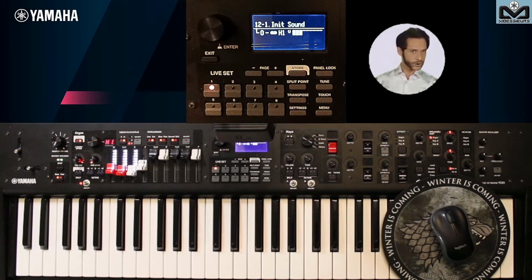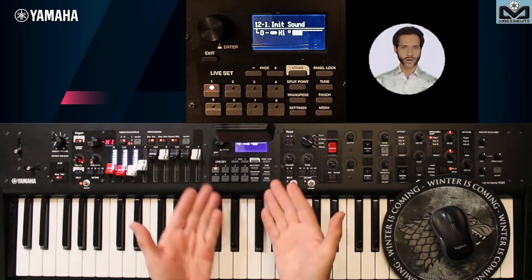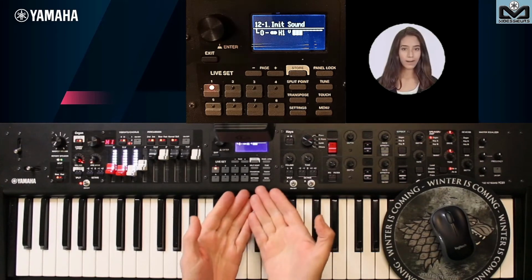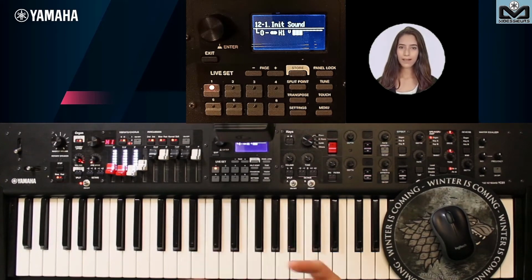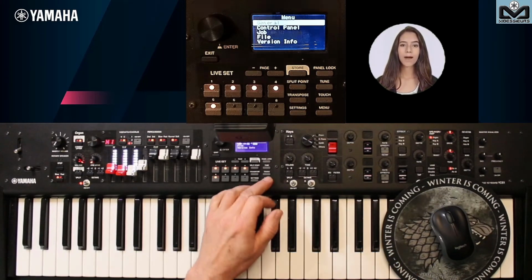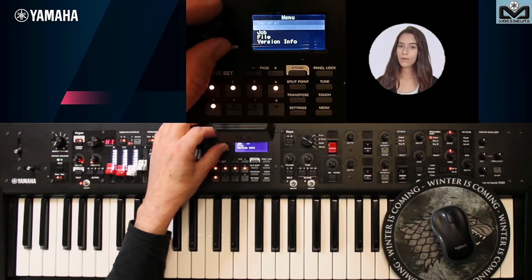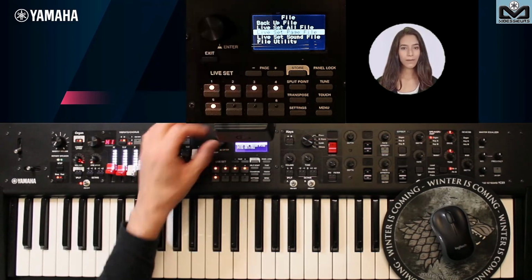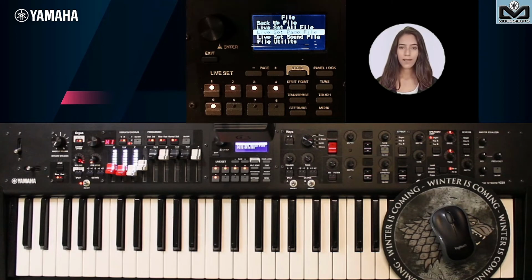Before reloading your personal data, you have to save these new live sets. Let's see how we proceed by saving each live set page. It is necessary, in the first step, to be placed on the live set page we want to save. For this update, page 12 to begin, let us go in menu, then on file with the encoder, then with the buttons 3, live set page file. We go on save, then new file.